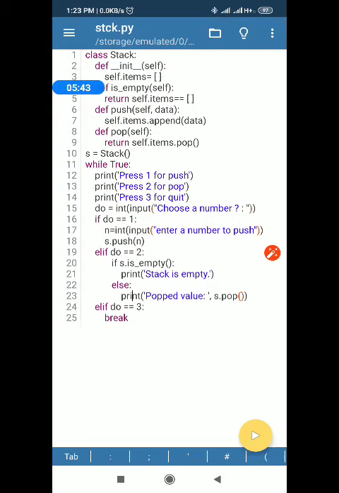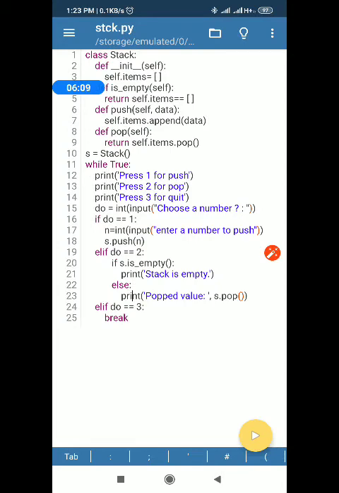If it is equal to 1, then in that case you have to take a number from the user that is to be pushed into the stack, and then simply call the push function. If the option is 2, in that case you have to first check whether the stack is empty. If the stack is empty, there is no point of deleting an item from it, so we'll print a message that stack is empty.